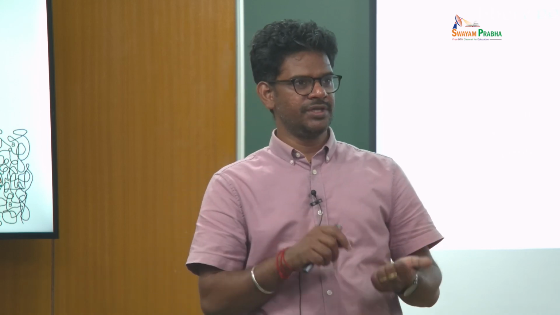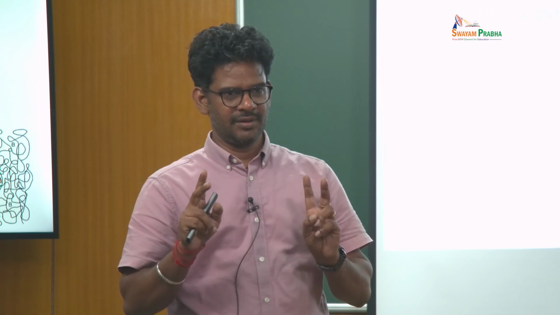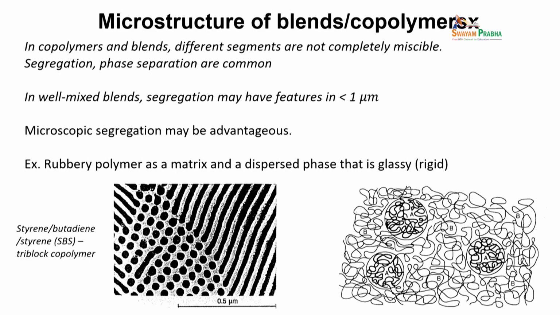So, this phase separation can be a good thing or a bad thing also. Okay. It is a good thing sometimes where you can have some sort of reinforcement. It is a bad thing sometimes, when you have a difference in the properties on one side of the film versus the other side. Okay. So, you have to be very careful whenever we deal with copolymers. It can be a diblock polymer or a triblock copolymer, and there is always an inherent segregation and phase separation. Even in well mixed blends, you will see that segregation can happen at a very, very